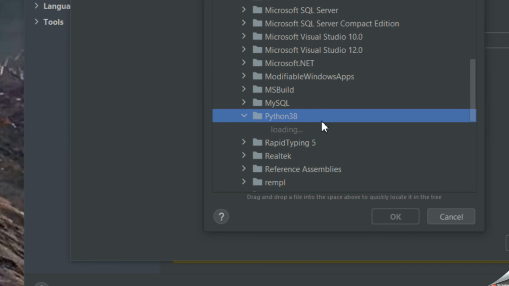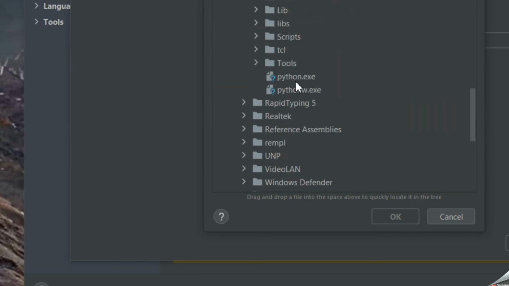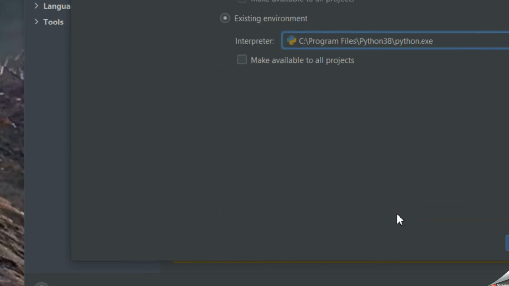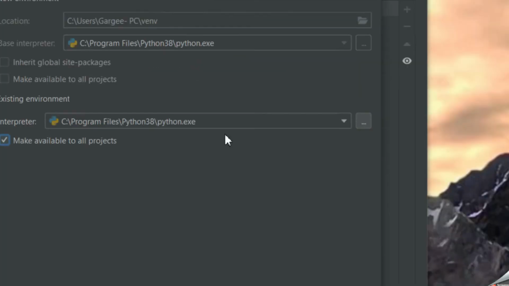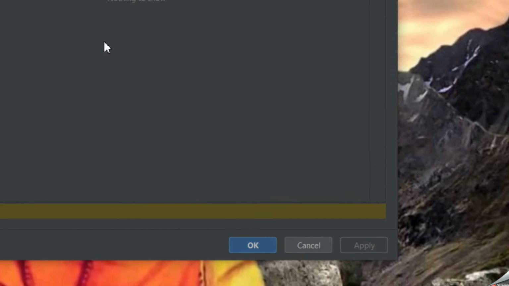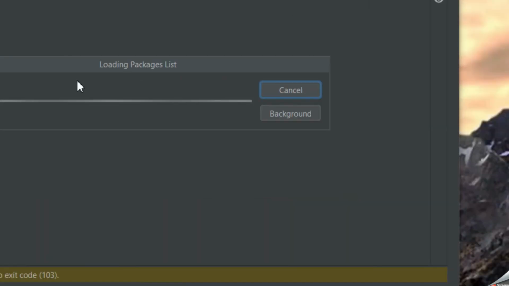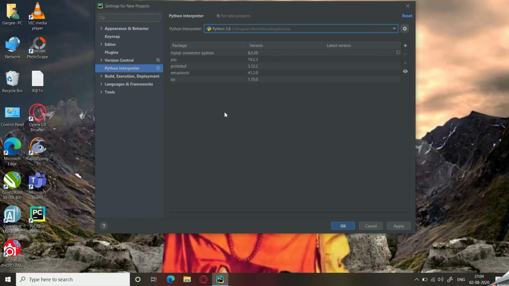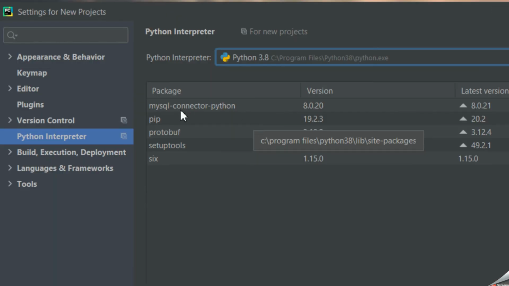We'll wait for some time so that it gives us, and here we need to install this one, that is python.exe. Click on open, and this is the environment which we are looking for, and I'll click on make available to all the projects, and we'll click on OK, and we'll wait for some time. Let PyCharm make all the settings, and now that our Python interpreter has been added,